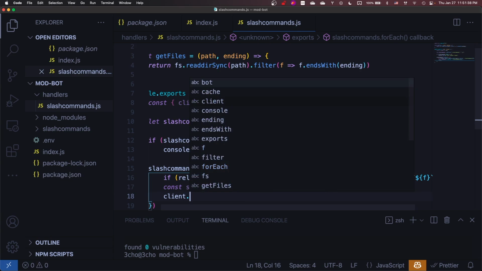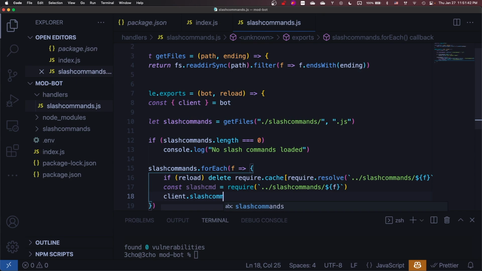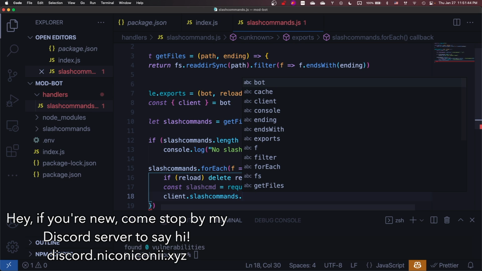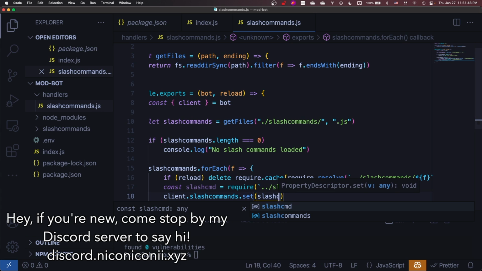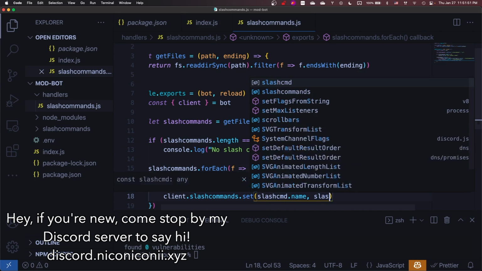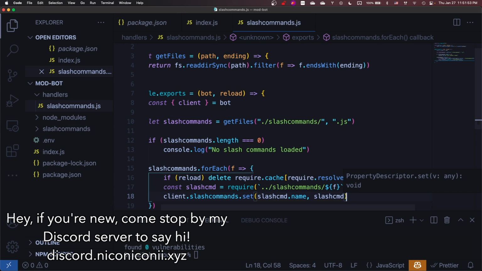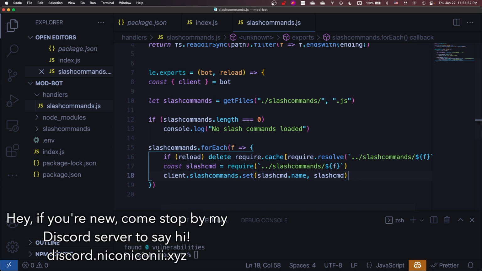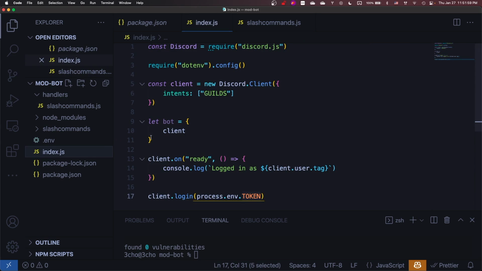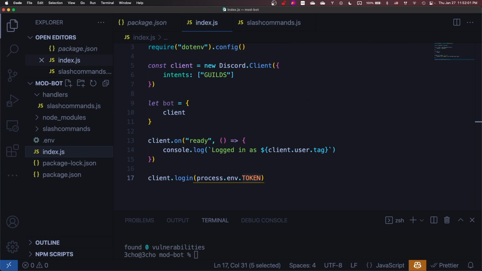And finally, we're going to be setting a variable under client. We're going to call it commands. I'll be setting that in a minute here. And we're going to set that to be the command's name and the command's rest of this code. And that's our handler. So now if we go to index.js here, we're going to now add in, let's see,